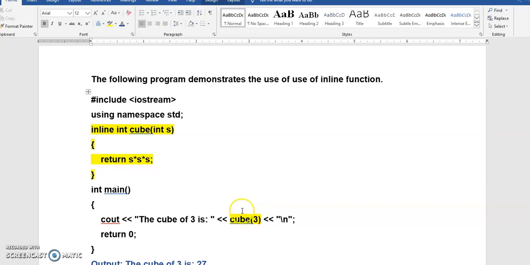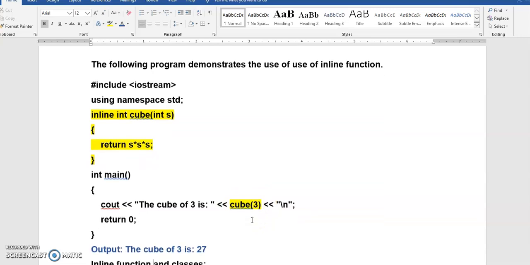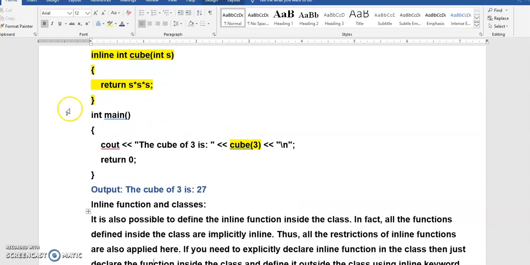This happens only during compile time. Whenever you compile a program, wherever it finds inline, how does it identify that it is an inline function? Using this keyword, it identifies it is inline. Wherever there is an inline keyword, that function's definition will be substituted in place of the function call. So in the program it will be substituted. How will it look once substituted? I will show you how it is going to be.